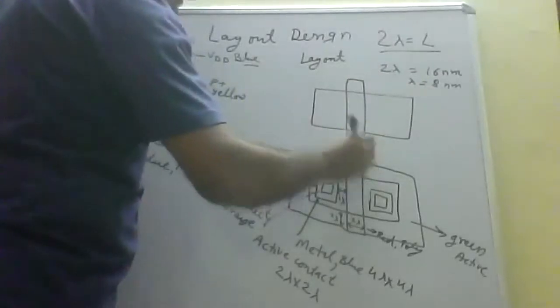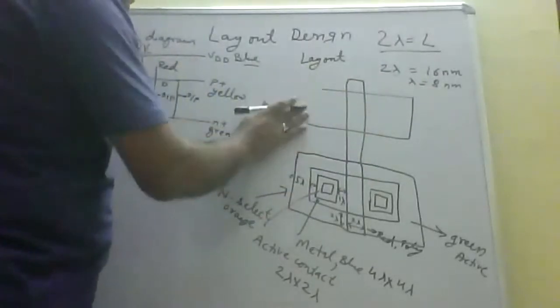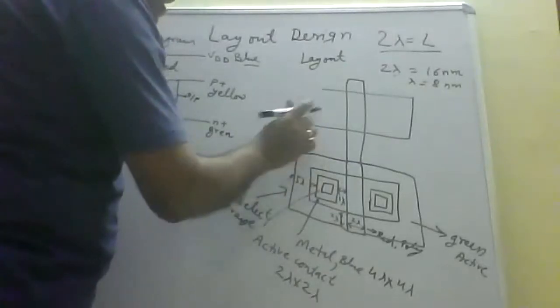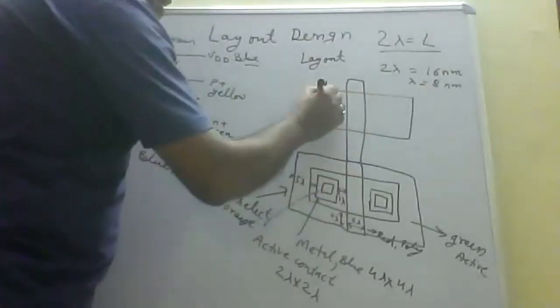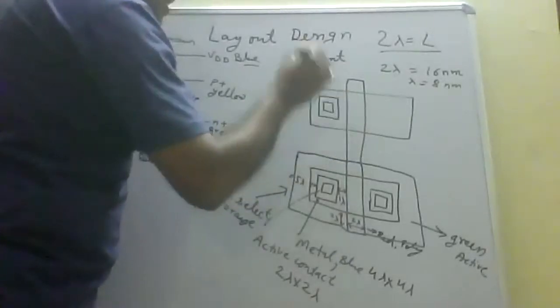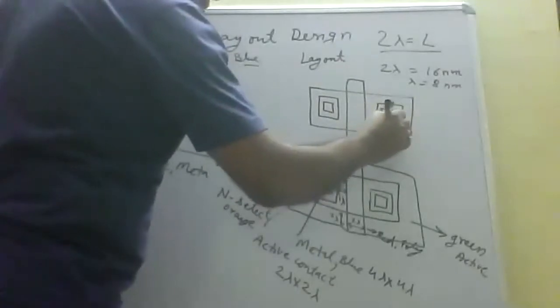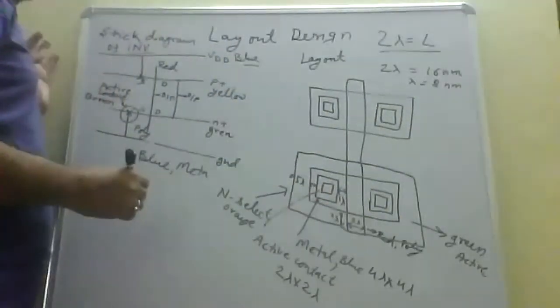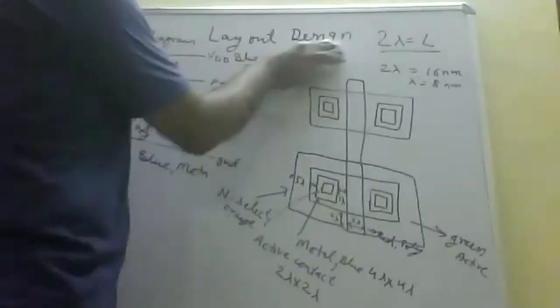This polysilicon is extended over here. Exactly the same dimension will be there. And this metal contact and active contact will be the same, 2 lambda by 2 lambda dimension. Right? And after this, what we have